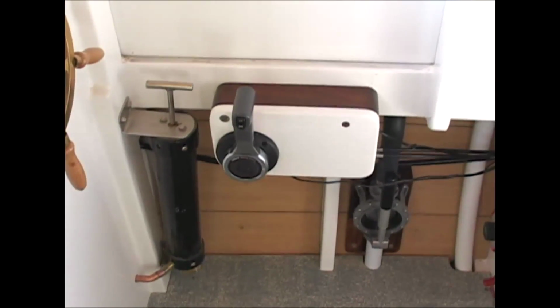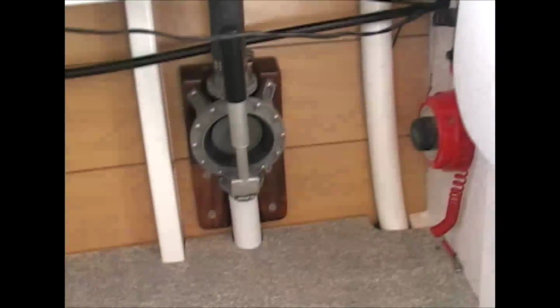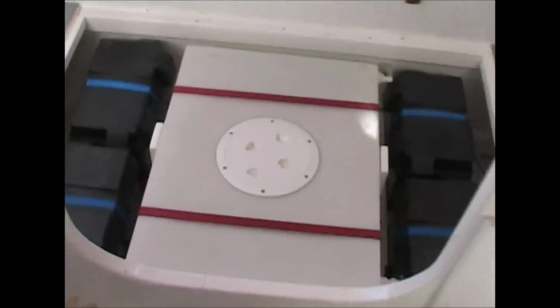I went through the Yamaha controls, got them all lubed up, working real good. Control cables are all hooked up. The hand bilge pump is in, battery switch is in, the ignition switch is in. And the water tank and battery boxes are in. And I put this non-skid on these